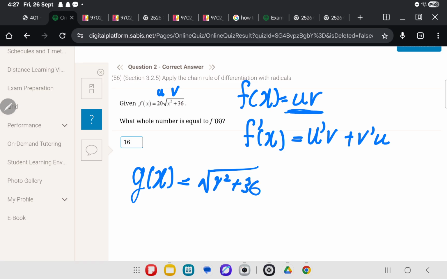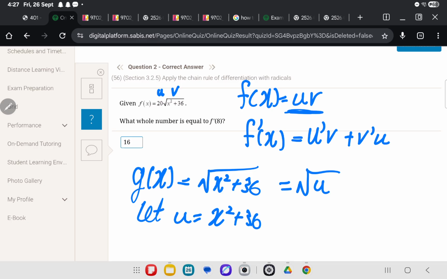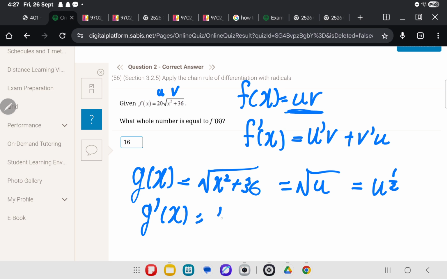For this one, we're going to apply something called the chain rule. So let u equal x squared plus 36. That means g of x is just radical u, which is very easy to differentiate. Why? Because it's u to the power of 1 over 2. So g prime of x is going to be half u, and then subtract 1 from 1 over 2, so it's going to be minus